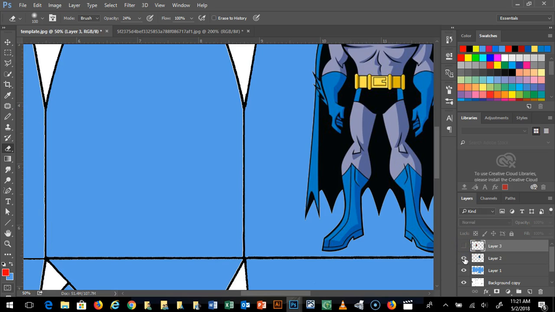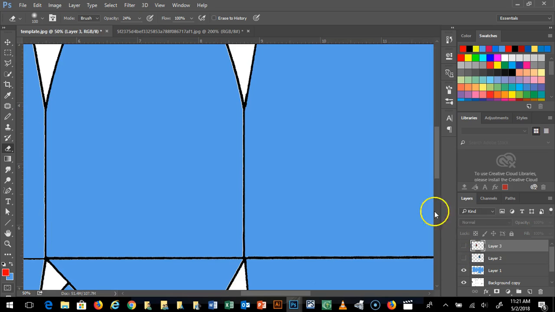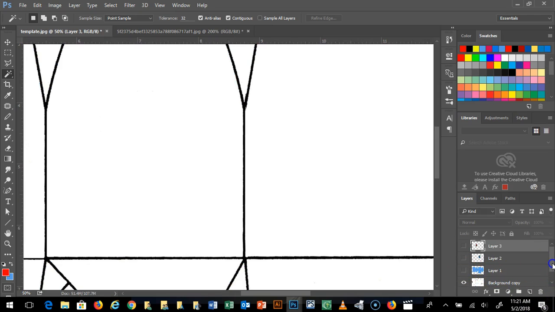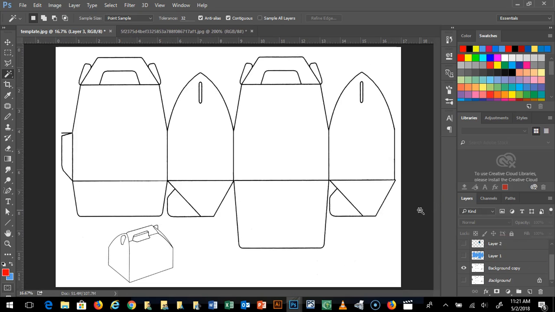So like I said, we were talking about the difference between quick selection and magic wand. And we were saying that you use the magic wand to select anything that's kind of a solid color. And the other point I was making yesterday concerning that is the fact that when you're doing your background for your boxes like this,